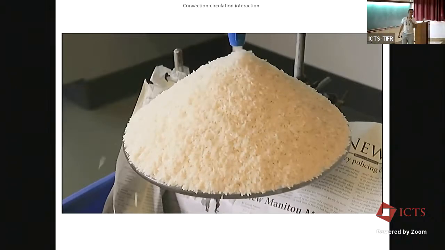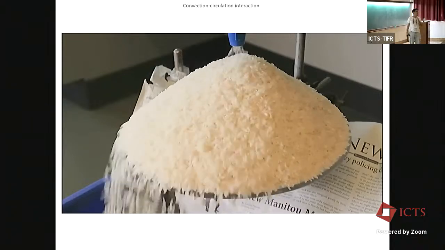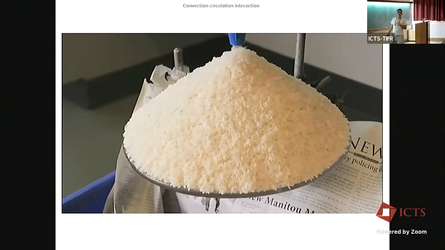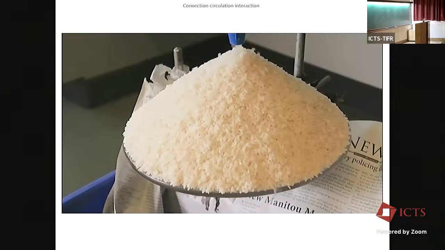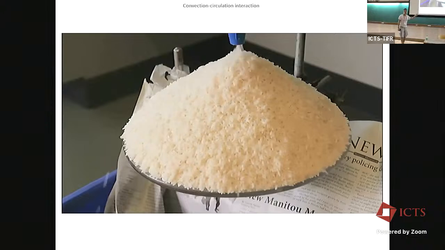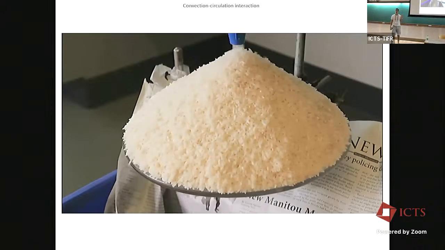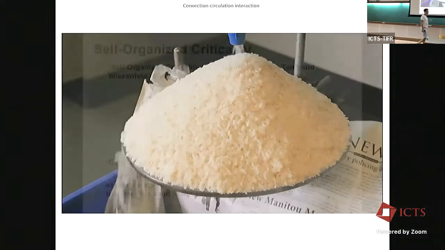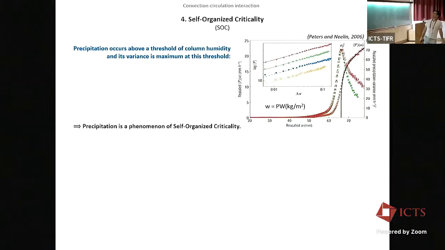And so this type of process is called self-organized criticality, okay? And so with self-organized criticality, you will have different sizes of avalanches or different sizes of events. And for that, rice is really good. It really doesn't work as well with sand. And doesn't work as well with cooked rice either. And so this image of convection can work pretty well, and is also backed by the data, at least to some